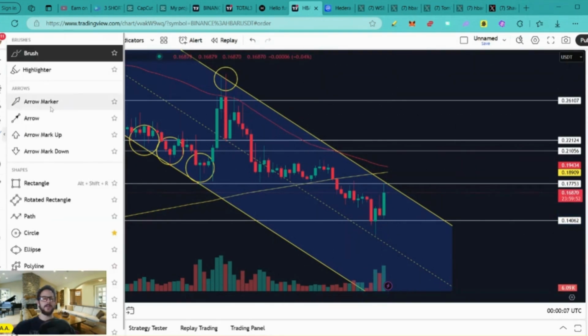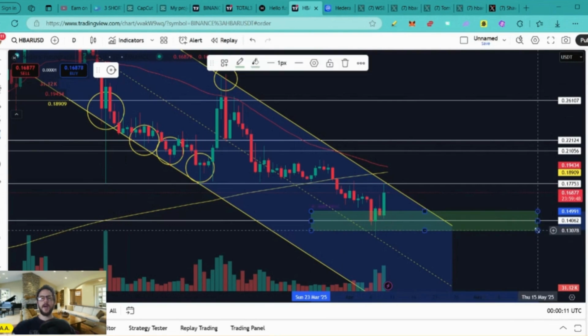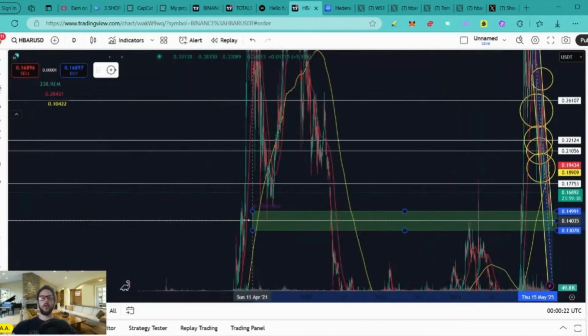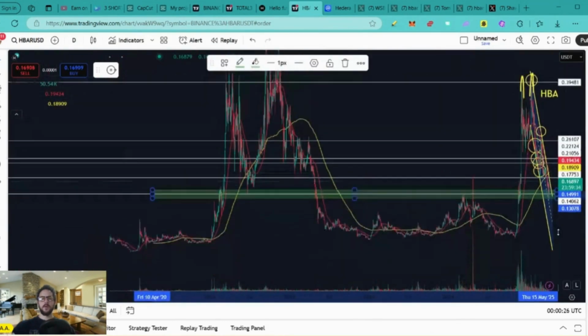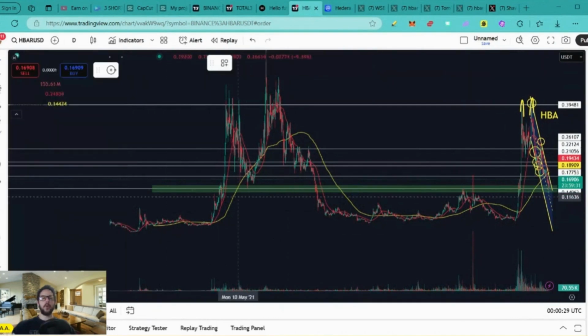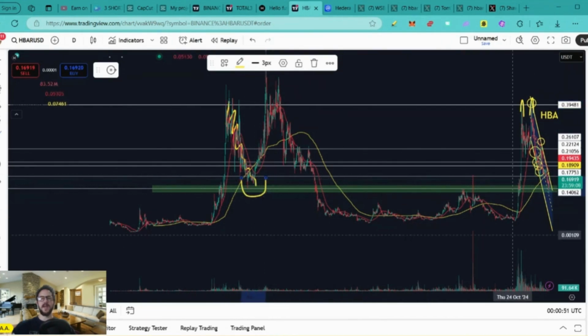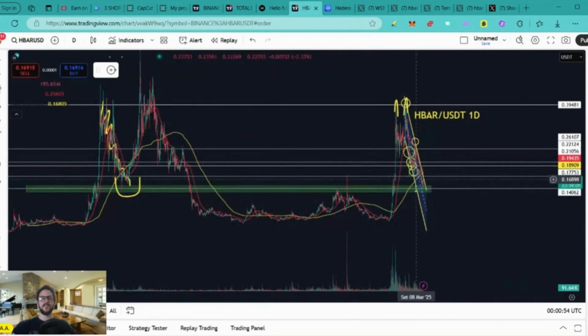But also, guys, let me show you this. This is a very key support level because if we extend this all the way back to the previous bull run of 2021, we see that the price action broke above this level after facing some kind of resistance. We had a huge breakout and HBAR pumped all the way up to 45 cents. Then traders and investors took profits and the price action pulled back. But notice that after this pullback, the price action of HBAR bounced at this key level of support that's located at 14 cents. This is the same key level of support that we are currently testing.